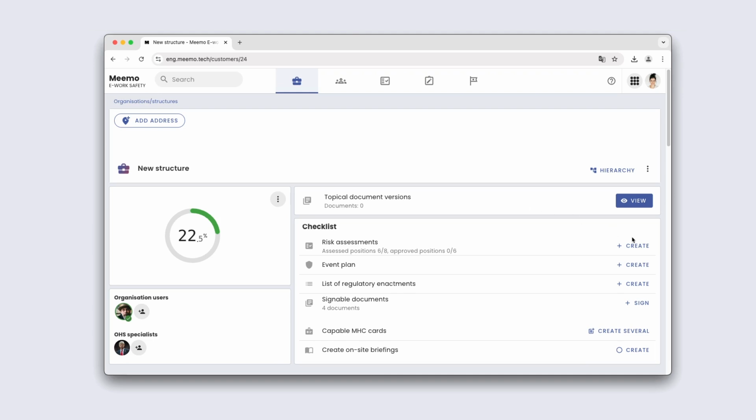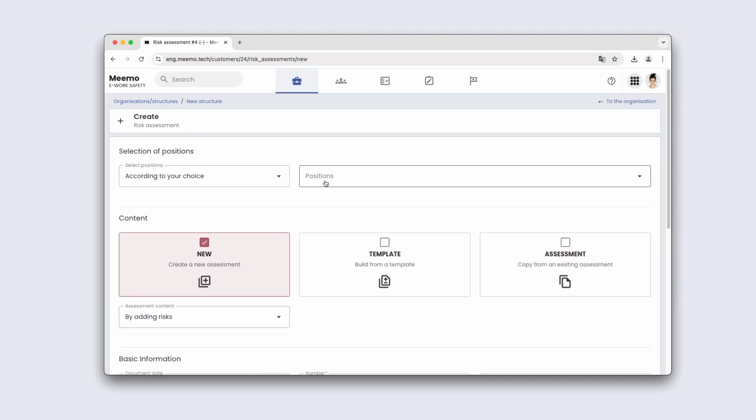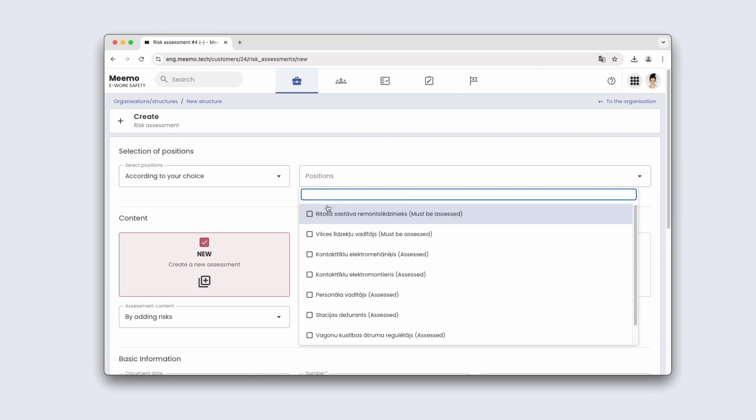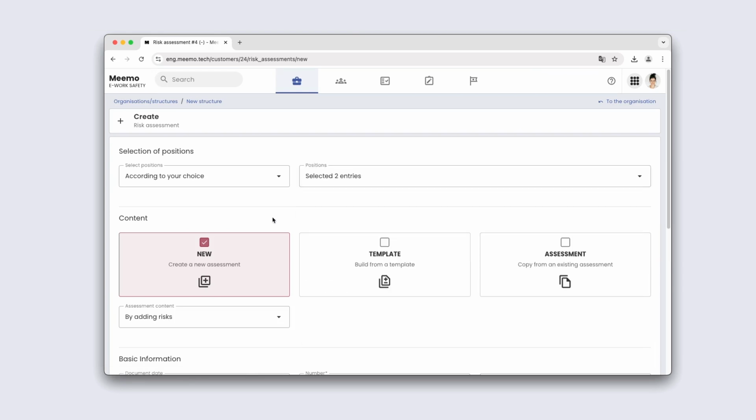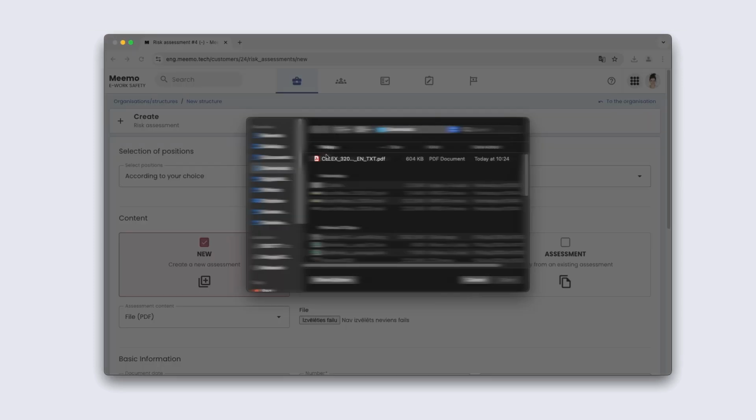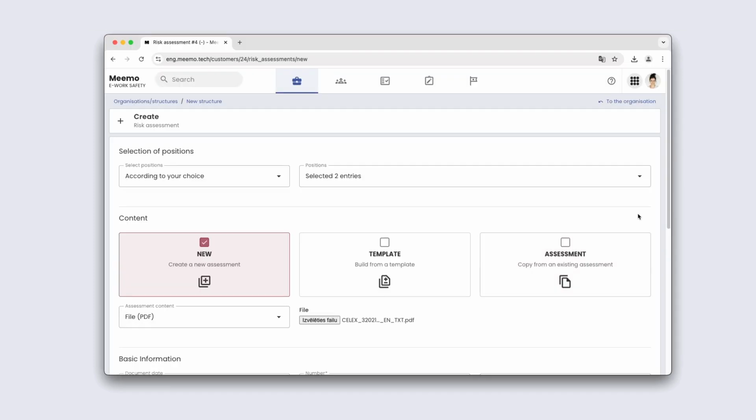Finally, we'll look at the 4th way to perform a risk assessment. We'll do this for the last 2 unassessed positions. Once again, choose the positions you want to assess. This time, instead of creating a new risk assessment, you have the option to add content as a file attachment, e.g., a PDF. I'll upload the file, click Save,